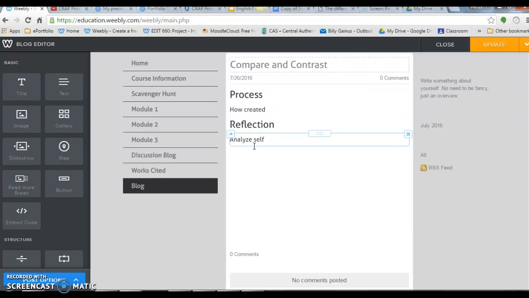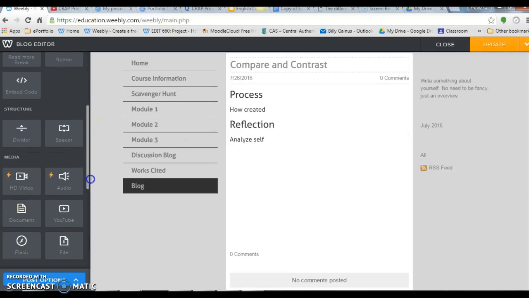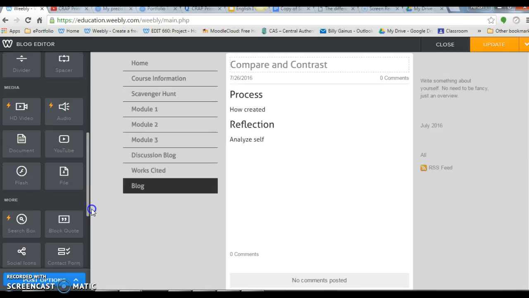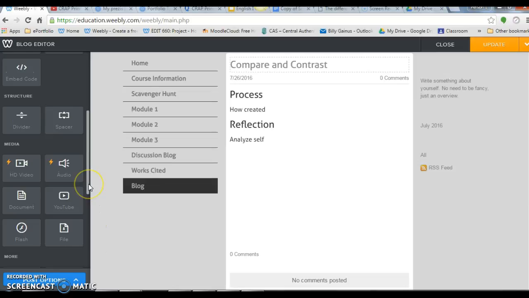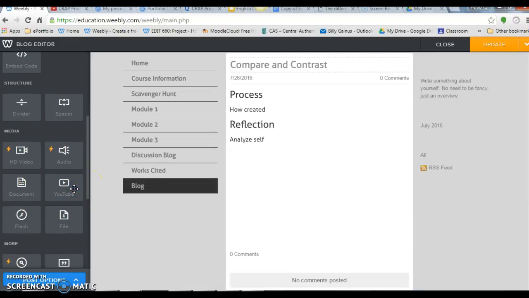So now I'm going to show you various online presentation tools and how you can get those files and documents, those artifacts, those products presented in the ePortfolio on Weebly. We've already shown you how to do this, but I'm going to show you again. So let's say you want to put a YouTube video in. So you just take YouTube